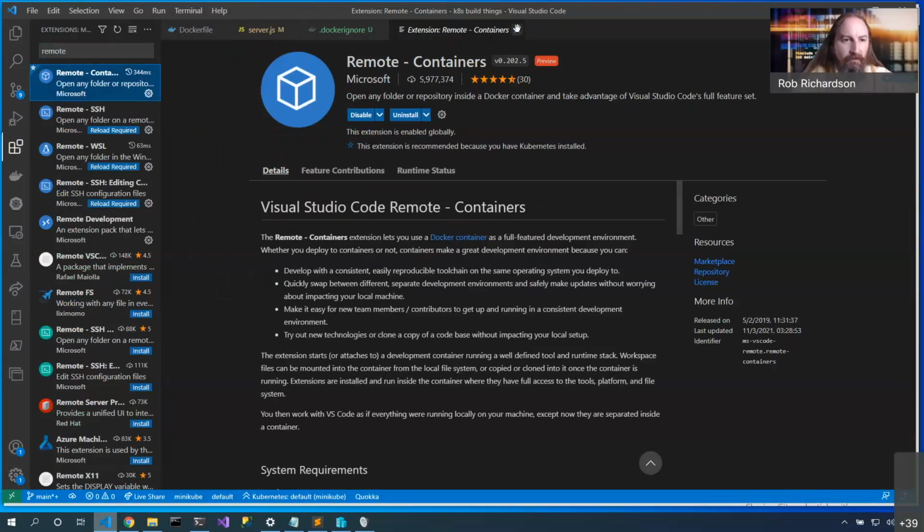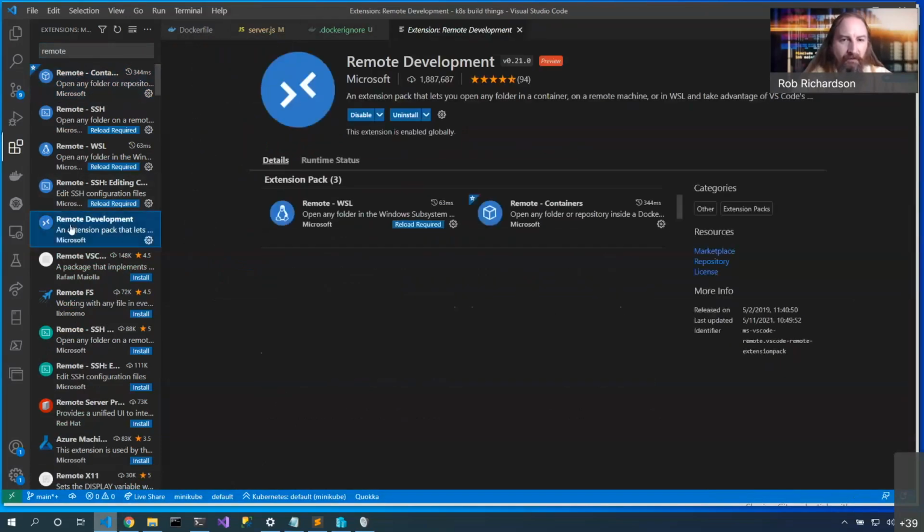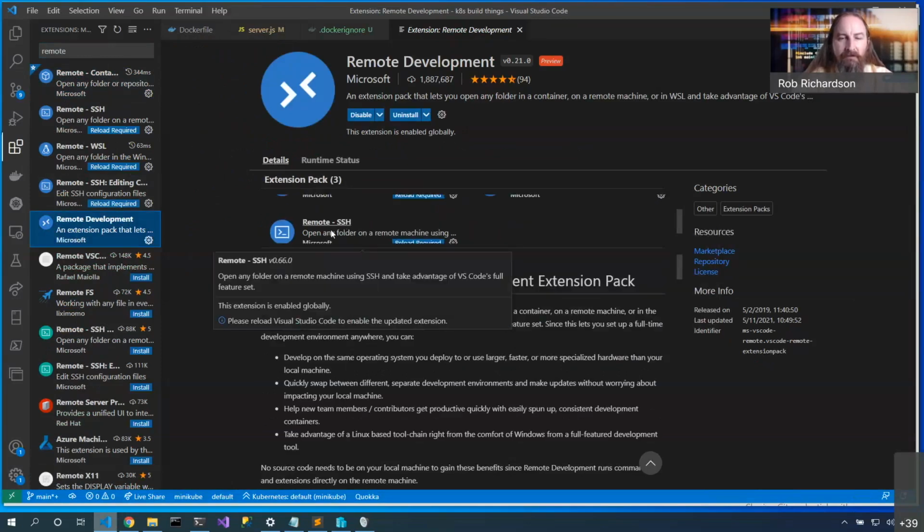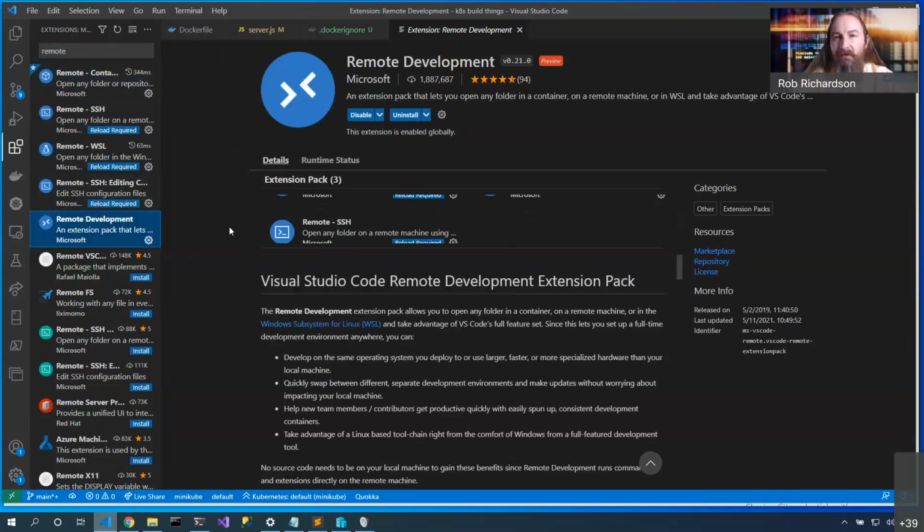But there's also a remote development extension that includes both the remote containers extension and the remote WSL extension and a remote SSH extension. If you only have SSH access to your Raspberry Pi and you want to do some debugging on that, yeah, you can keep SSHing in and maybe using VI or copying content to and fro.